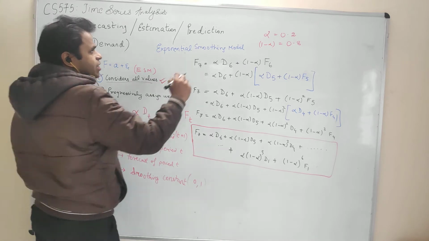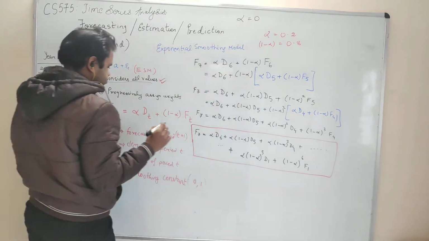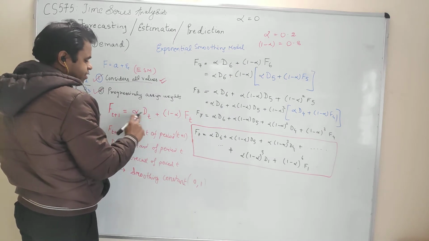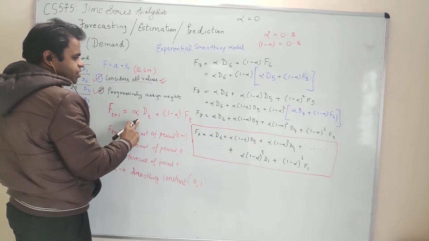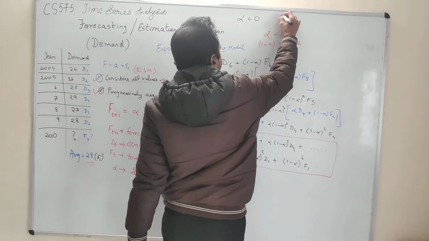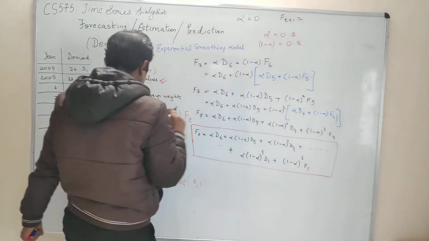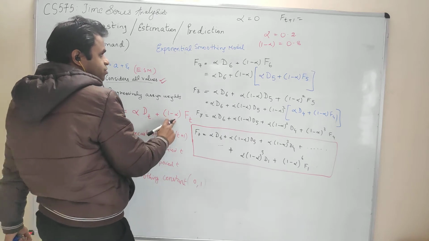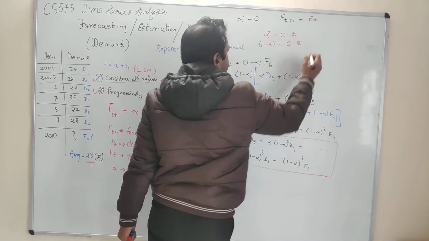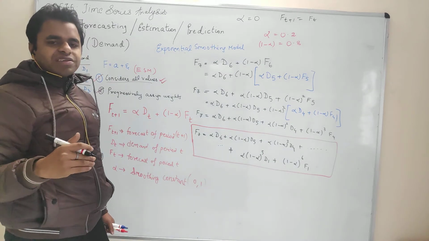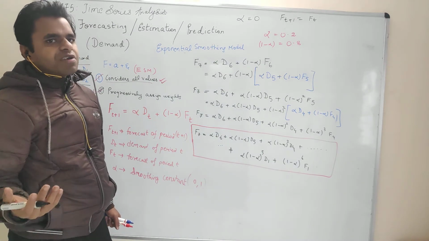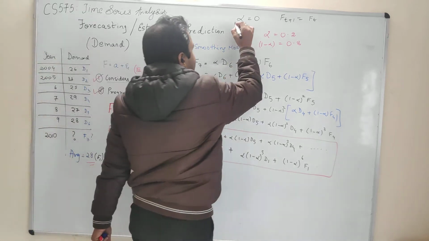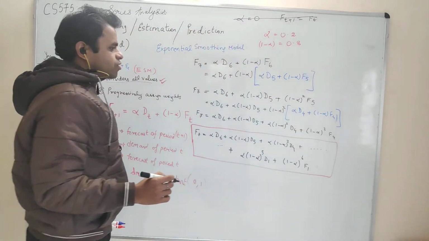So now let us see, you keep alpha as 0. So what will happen? Alpha will become 0, so this term will cancel out and basically the next forecast will be equal to the current forecast. So this will be ft plus 1. So alpha is 0, 0 into dt, so that will become 0 and this is 0. So this ft plus 1 will become ft. So the next forecast is equal to the current forecast. This is not what we want. This becomes like a static model, f equal to a without the epsilon. So we cannot keep alpha as 0.